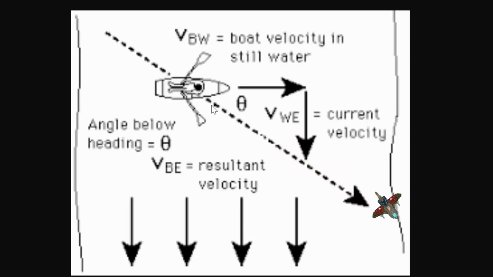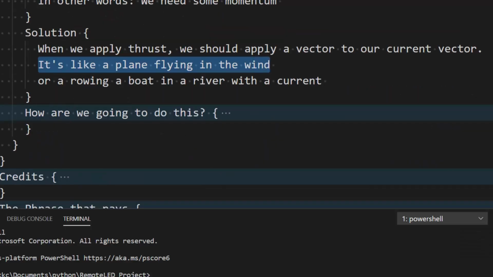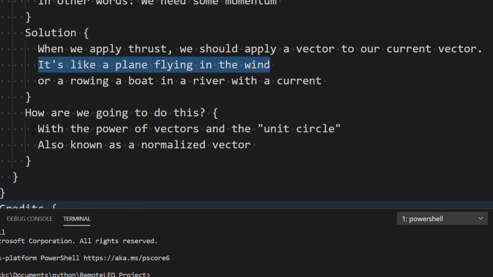If we're pointing towards that arrow, we're going to start heading towards that arrow and moving in that direction. If we were to point directly down and apply a certain amount of force, we would go diagonal. So that's kind of what we're trying to do here. Now, I've got a lot of credits I'd like to go over, but just so you know, we're going to